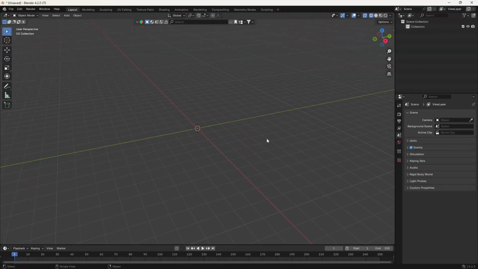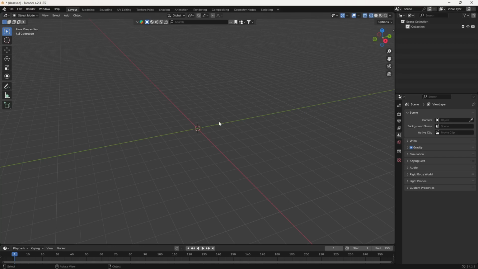I have opened a new Blender scene here, and as you can see, I have deleted all the default objects that are given when you create a new scene. Now, in order to start with the crown splash, we need two things. One is our container in which our emitter is going to hit. So our emitter can be a stone or rock or something like that, which will basically collide with our container. So let's start with our container.